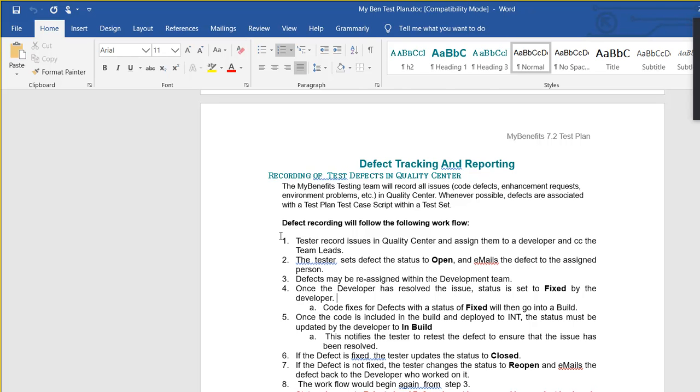Now code fixes for defects with a status of fixed will then go into a build. That means whatever code they have fixed, they are going to put this new code in the testing environment. That is what we are calling a build. This will be deployed in the test environment, and there is a corresponding team who will be putting this build into the test environment. Okay, and then the tester will retest the defect. If the tester finds that the defect is fixed and the functionality is now working according to the requirement, he or she will be